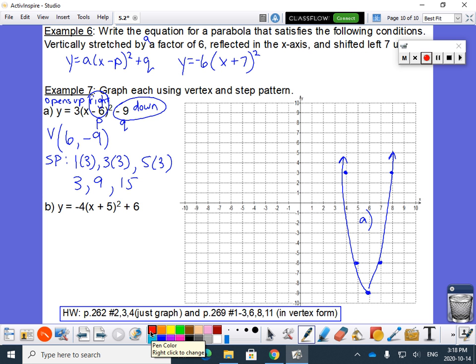Now let's do B. Y equals negative x plus 5 squared plus 6. So again, let's just do some quick review. We know that since the A value is negative, it's going to open down. X plus 5, which means that we are going to move to the left 5 units. Plus 6. That means that we're going to vertically shift